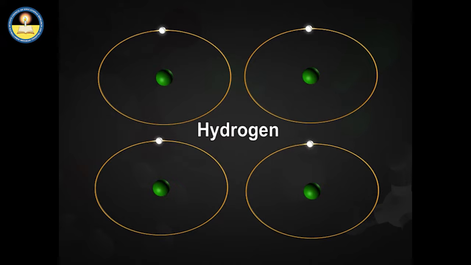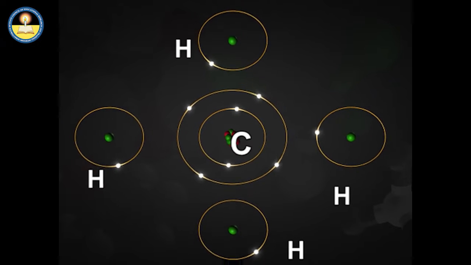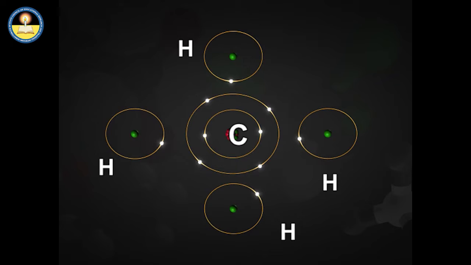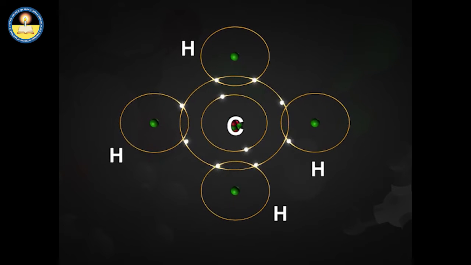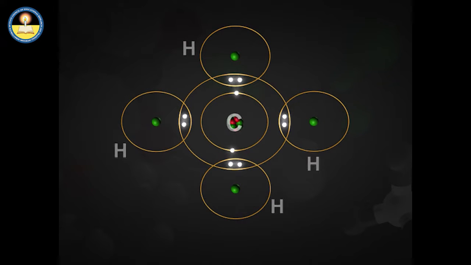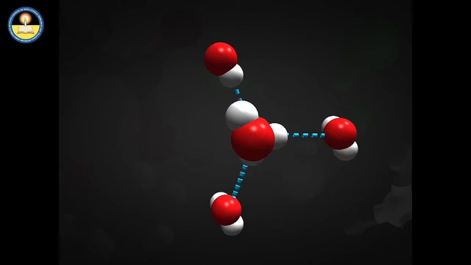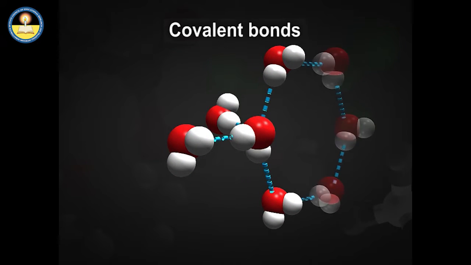Hydrogen, as you are already aware, has a valency of 1. Carbon is tetravalent because it has 4 valence electrons. In order to achieve noble gas configuration, carbon shares these electrons with 4 atoms of hydrogen as shown on the screen. Such bonds, which are formed by the sharing of pairs of electrons between the 2 atoms, are known as covalent